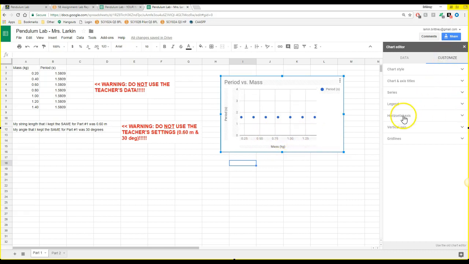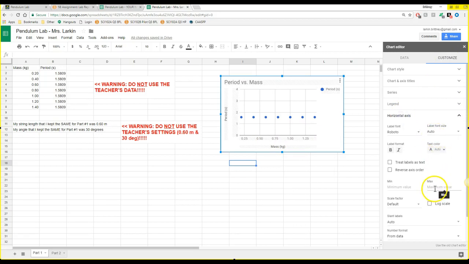So what I'm going to do is I'm going to go down to where it says horizontal axis. And under maximum value, where it says max, I'm going to go ahead and put 2, just so that I can see more of the graph on the right. Smiley faces if you can now see that. So we can see more of the graph on the right now. Again, that's kind of a new step. We haven't done that before. But once more, it's under horizontal axis, and you just change the max number to 2.